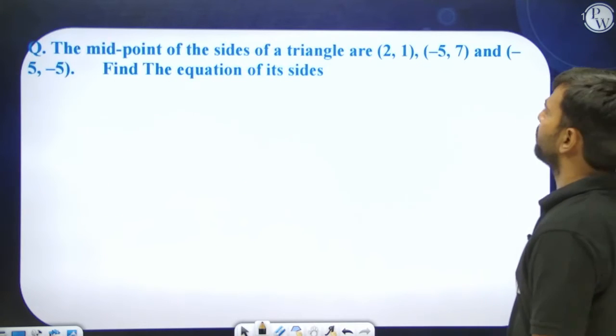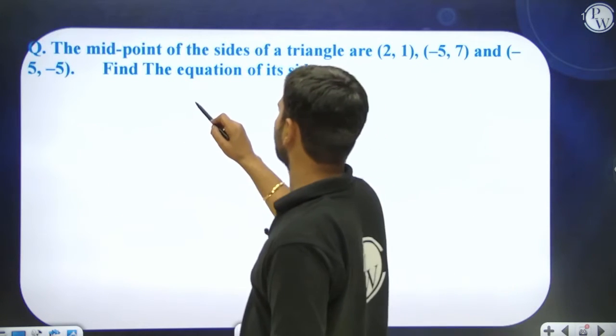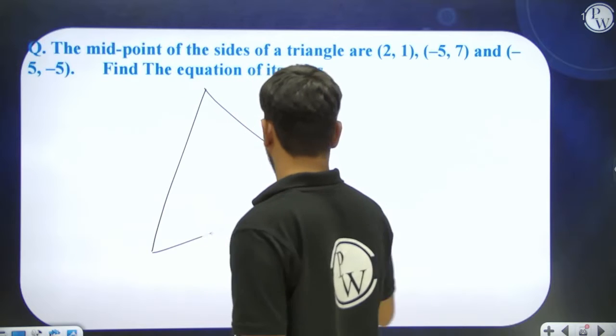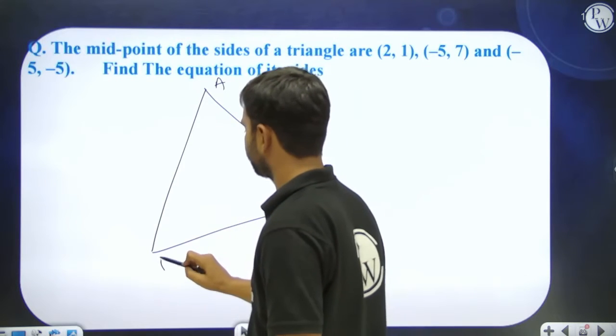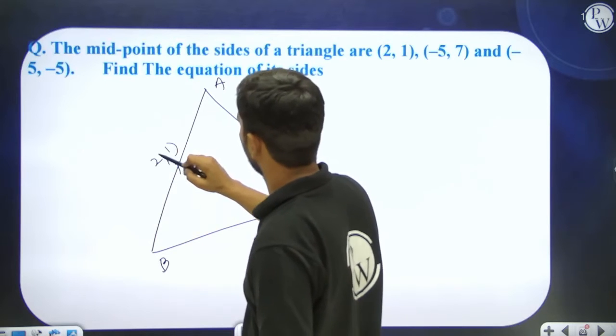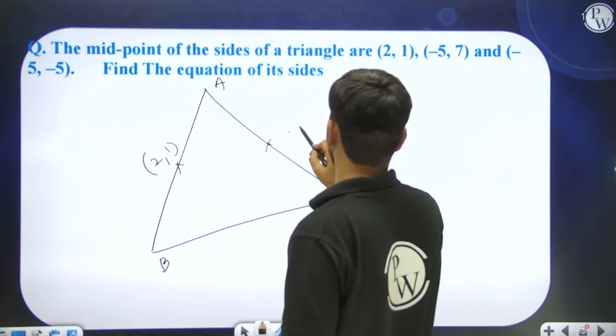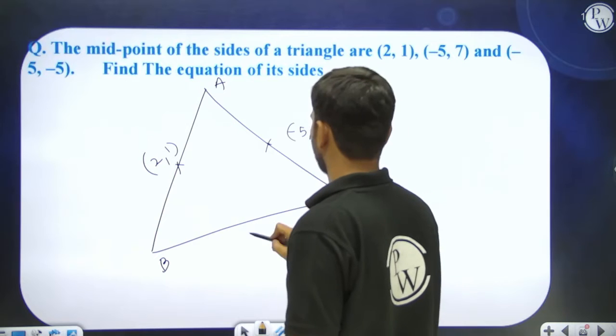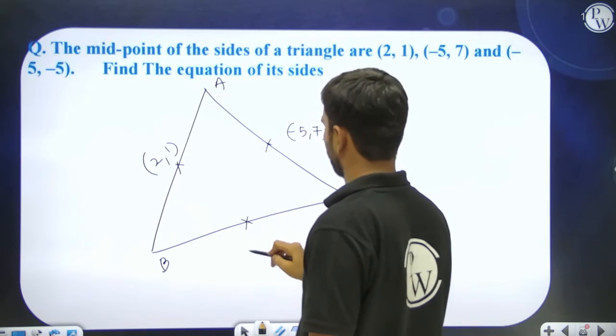Here we go. The midpoints of the sides of the triangle are given; find the equation of its sides. Let's say this is our triangle ABC. The midpoint of this is 2, 1. The midpoint of this is, let's say, minus 5, 7. The midpoint of this side is minus 5, minus 5. Now